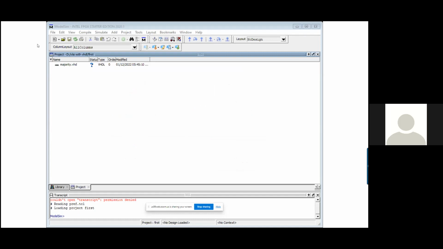The reason is it is not a part of the project right now because it is not compiled according to the ModelSim configuration. And the third column is the type of the file, which is VHDL or Verilog. So our file is VHDL, and we created this on 12th January 2022 at 5:45. So all information is available.